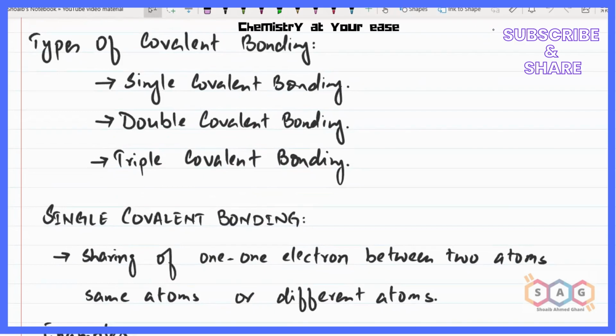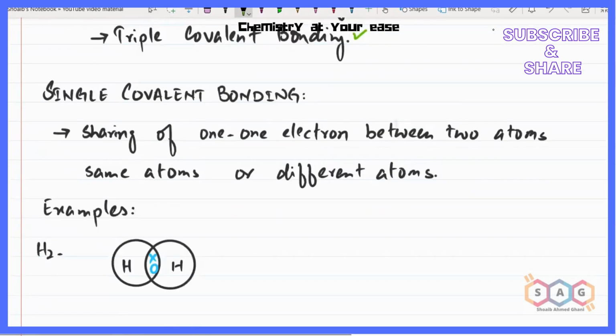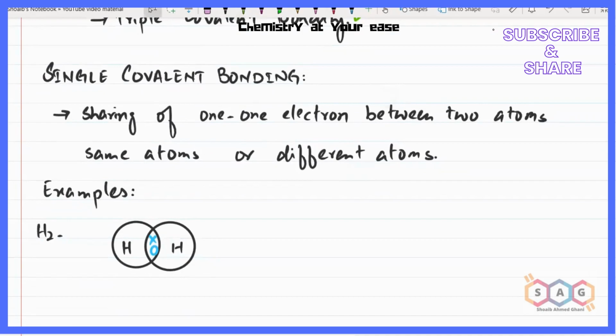Welcome back, students. Now we're going to discuss the three types of covalent bond. The number one covalent bond type is the single covalent bond. The second one is the double covalent bond, and the third one is the triple covalent bond. Let's start with the single covalent bond. So in the single covalent bond,